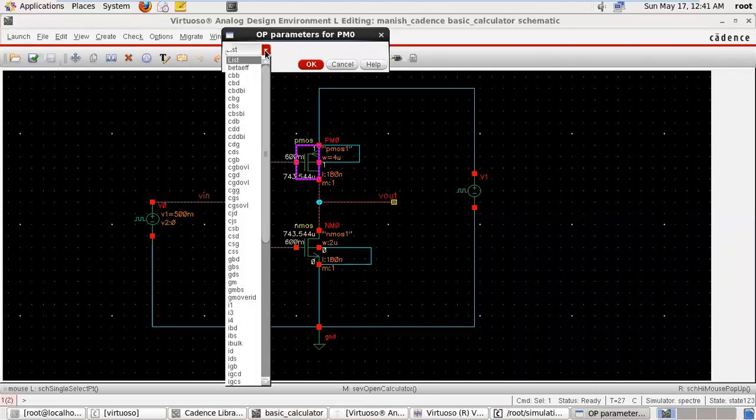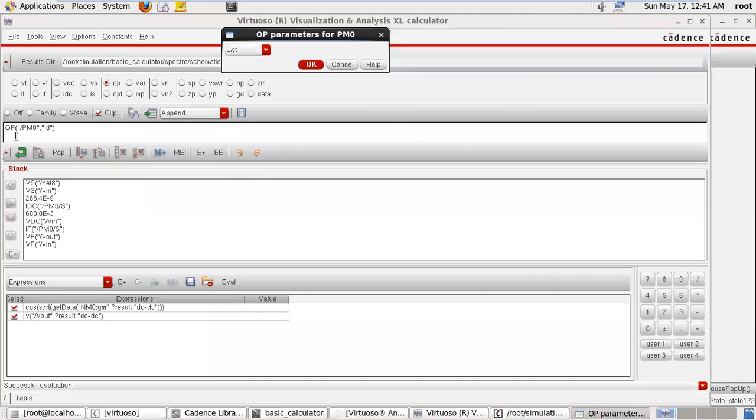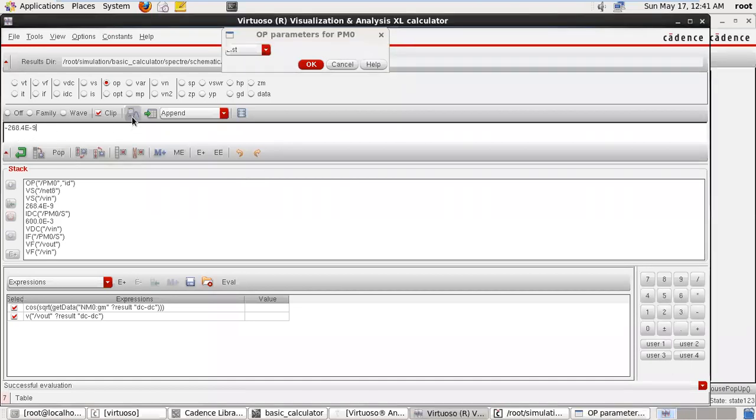When you open the list, it will show all the parameters of your transistor. Suppose we analyze the drain current ID. So just press here, output ID. It does not draw a waveform, because the operating point is a single valued function. Here, because we have not saved the SCS file, the value of current is minus 268.4 nanoampere.